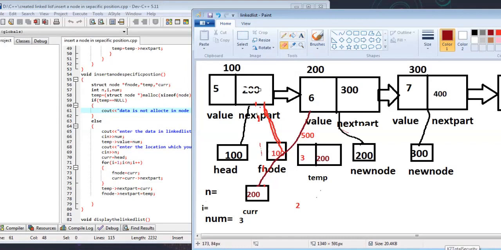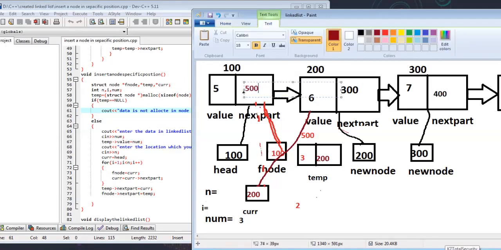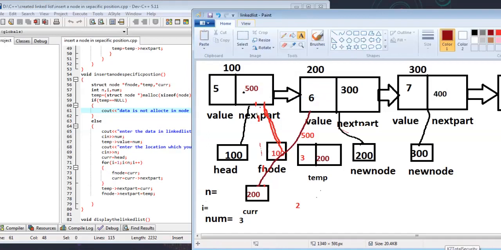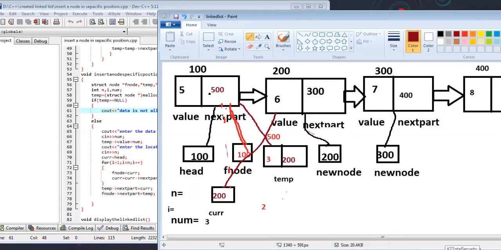This link is removed, and here the address 500 is stored, so this node is linked with this node and this block points to this node. This means the new node is inserted in the linked list. This link is removed.